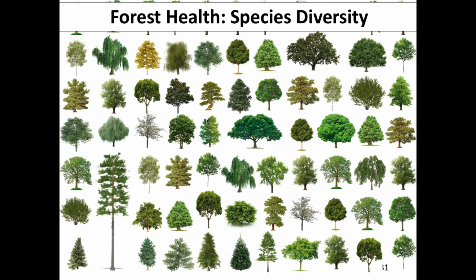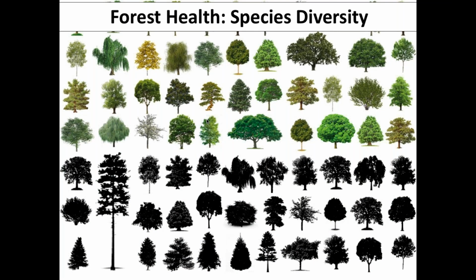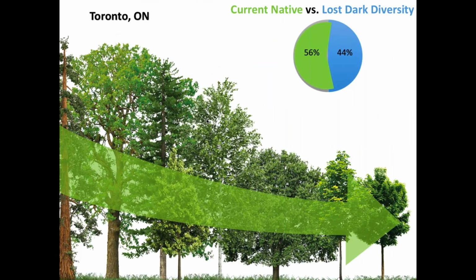And I'm using some of Eric's slides here, but forest health is species diversity. So this is just a random collection that doesn't signify all trees, but talking about the diversity of native trees, they're green here. Many of them have already been lost, as the original circles I showed you, the black, green, and red. Here's the dark diversity, the species that are already out of the mix from the city. We could look at putting some of these back. There may be some opportunities for that. If we don't,